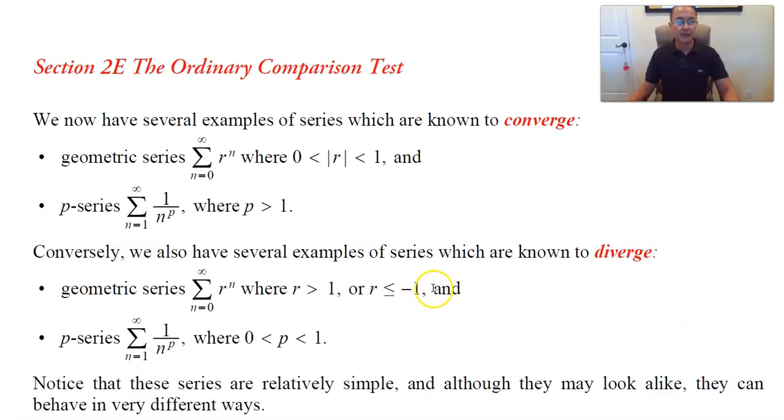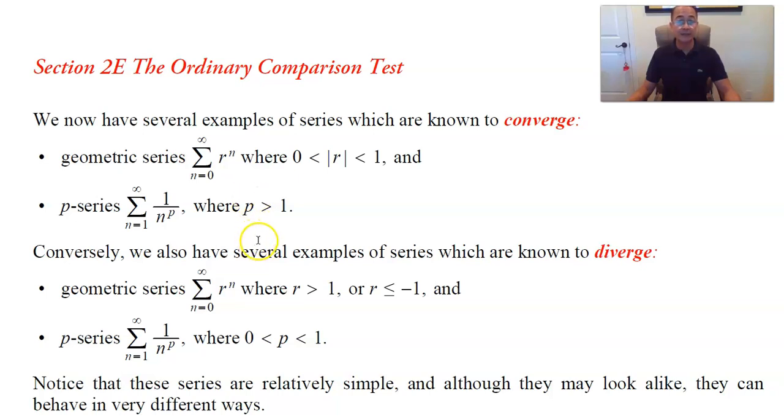Here we go, section 2E. We are going to decide whether an infinite series is going to converge or diverge by comparing it to a second infinite series. Now, that second series is going to be a much simpler series than usually what we are given. And by simple series, well, we have encountered so far convergent and divergent geometric series, as well as convergent